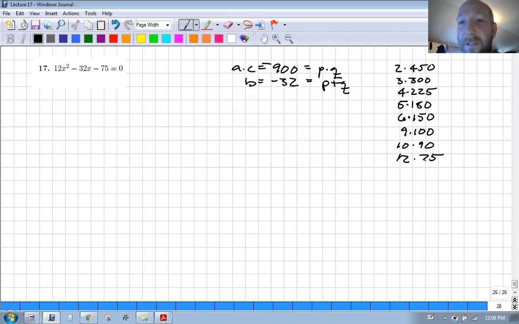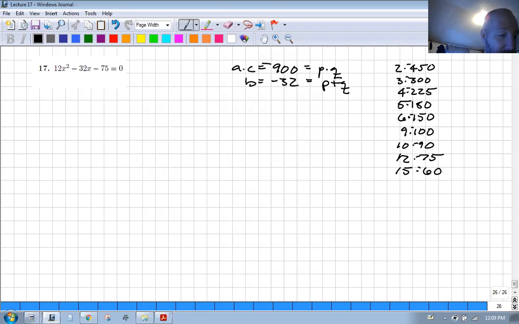So if we do 75 minus 12, we're getting closer to 32, but we're not there yet. So is it divisible by 13? No. 14? Nope. 15? 15 times 60. Now we got 60 minus 15 would be 45, right? If we're looking at all these where the second one is negative, we're at 40, negative 45. So we're getting closer. 900,